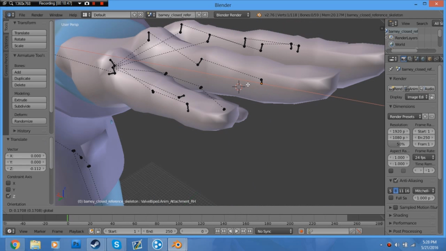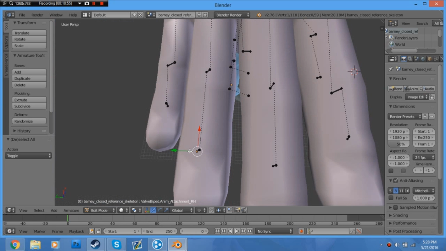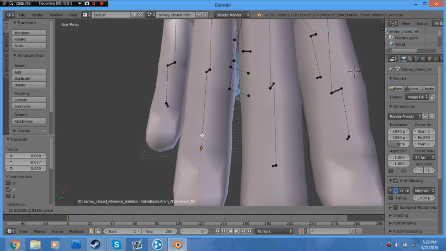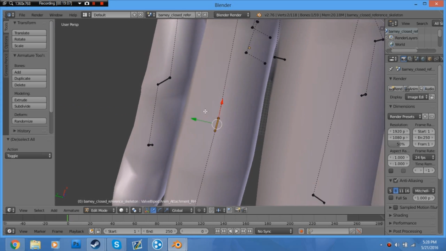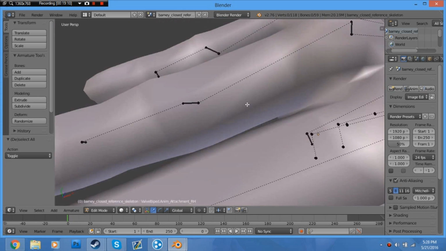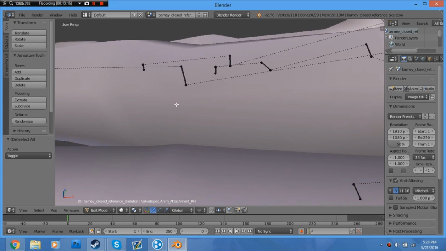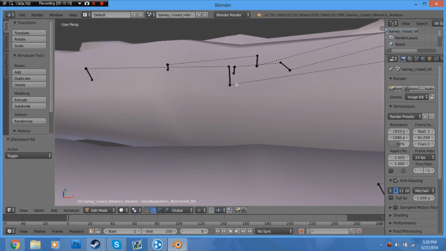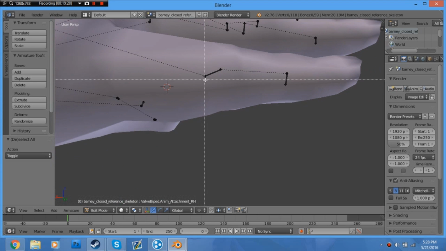So back here, back here. As you can see, it's a little off from the top, so a little bit there. It does not have to be perfect. Just good enough. Well, for me, it has to be good enough. For you, it may have to be perfect, since I'm just doing this for tutorial's sake. So there we go. That looks about fine. It doesn't have to be a straight line, just good enough. For me, I will fix it, though. Just for you guys. There we go. This isn't a line, so